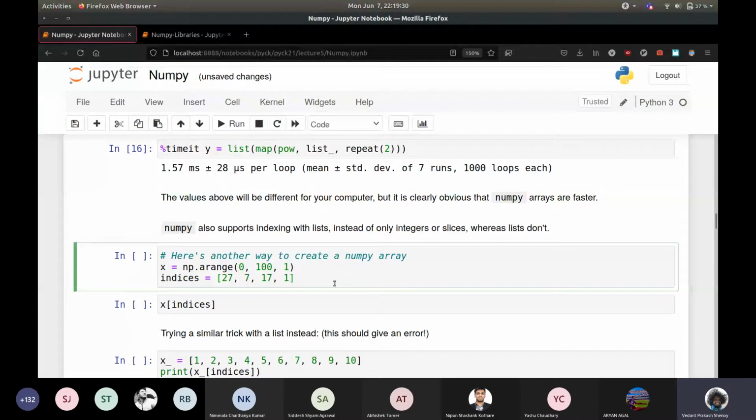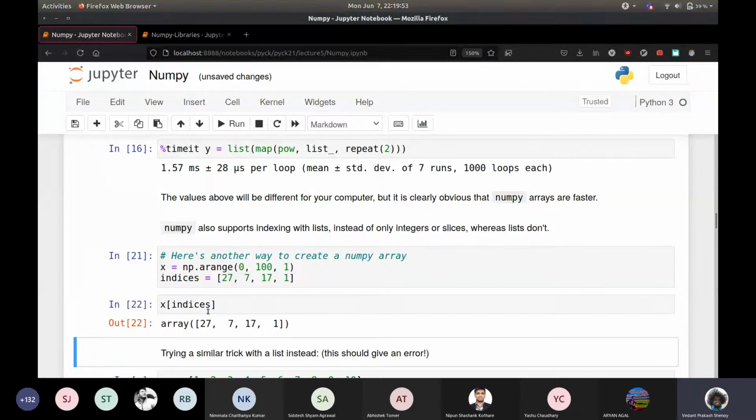If you want to separate out these indices, right, the 27th element, the 7th element, the 17th element, and the first element in this order, for example, if X are the serial IDs of some students, and this is the ranking they have in some quiz or something like that, then if you want to extract those out, you can just do X of indices.